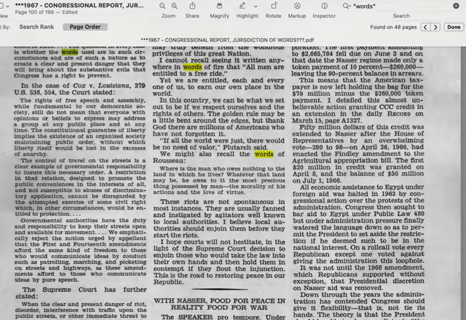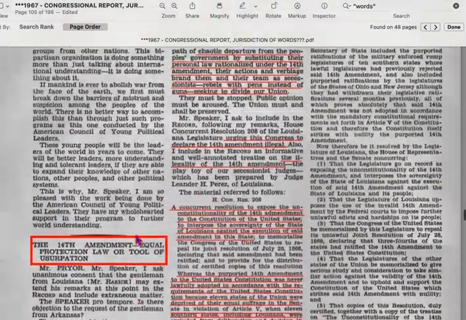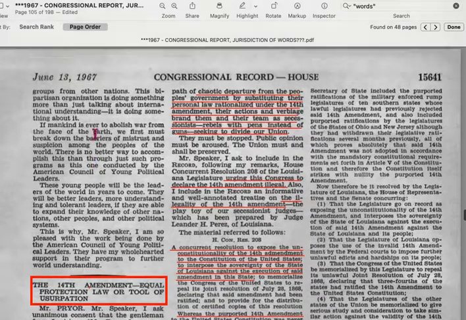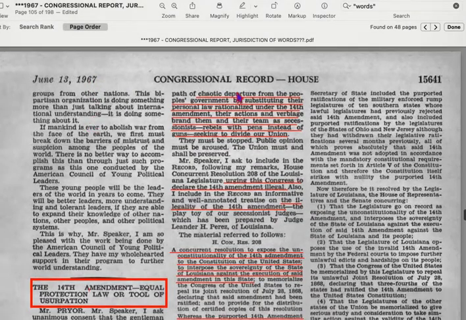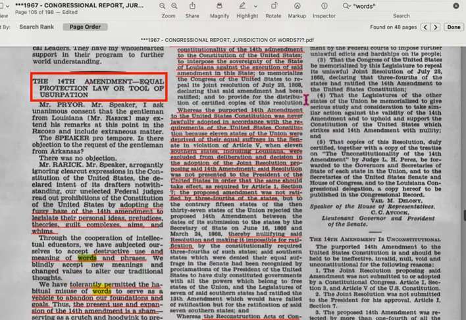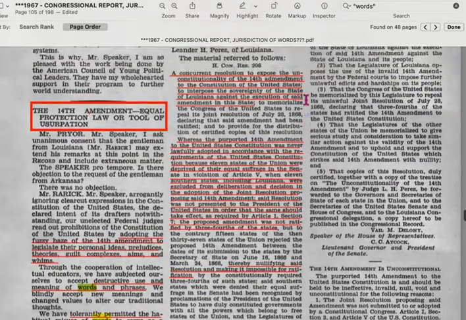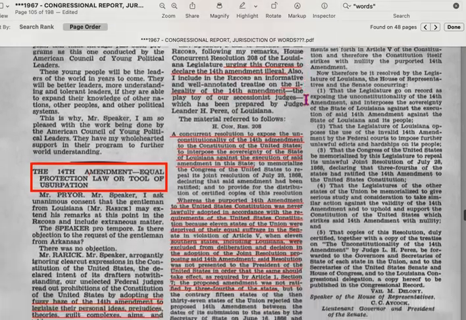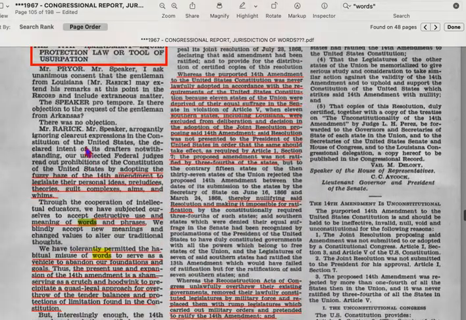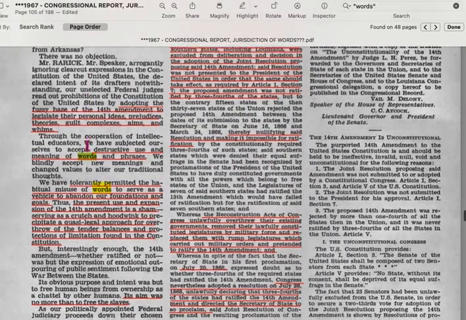So here we're looking at the congressional record. We're going to 105 on the PDF, but it is page 15641, June 13th, 1967, Congressional Record of the House. And there's a person speaking here who says, it looks like Mr. Rarick,